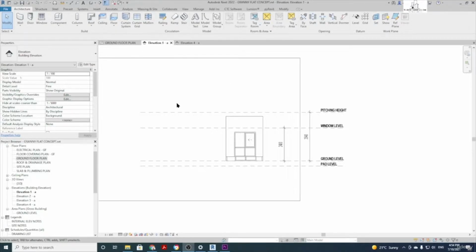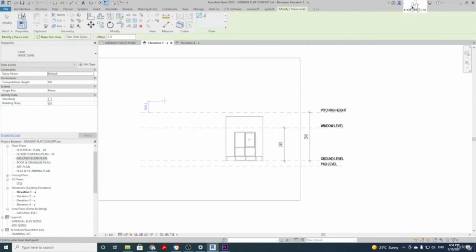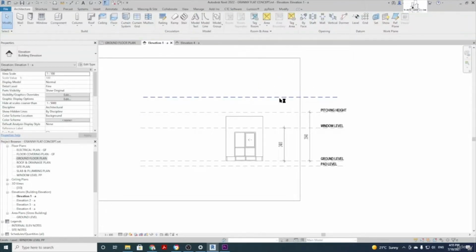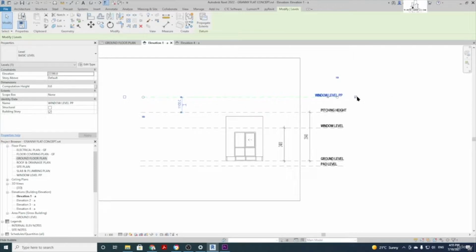If you want to create a new level, up the top here, click on the architecture tab, and over the right here you'll see under the datum section, level. Click on that and come back down to your elevation, and you can click and drag wherever you want to add this level. So I add one up above here. Click on the level, click your little box on the side here. At the moment you see it's just automatically called a window level PP, and again you can just change that to whatever you like. So if you want to call that like raised roof section,